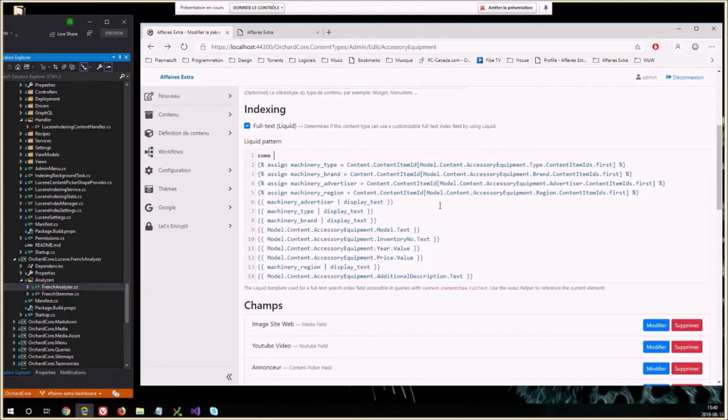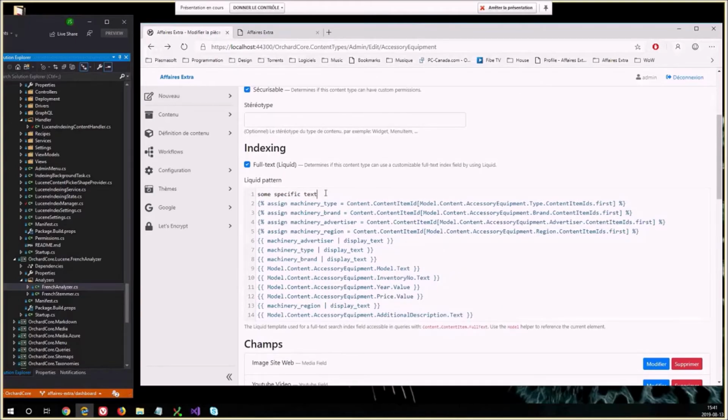And you can even add some static text. That's super useful because you might want to optimize the search index, like with keywords and description. You know that when someone searches for a specific term, you want this item to show up. So you might want to add some text there that will match a specific search query from users, because you know it's always requested and people don't find the correct content item they want. So here you will push up some score for your indexing on this content item. And so this technique was super useful because it was super easy to implement.